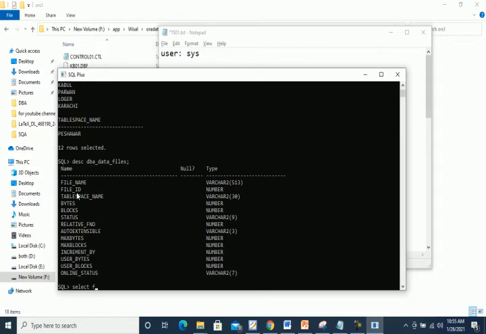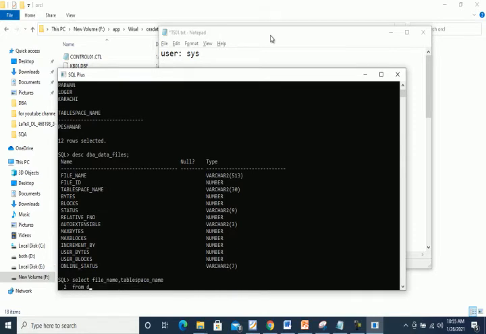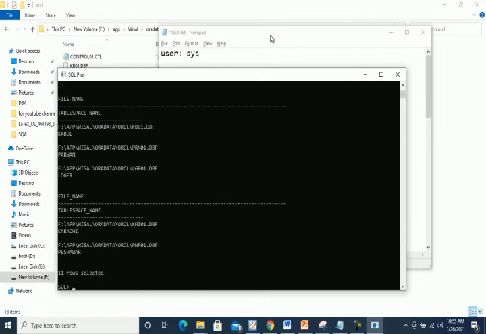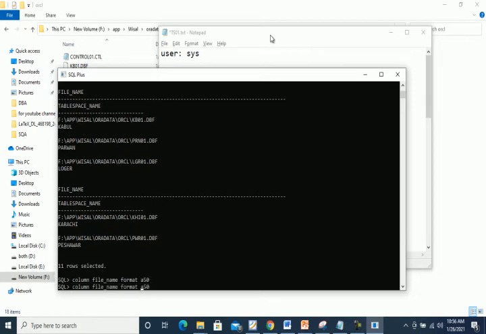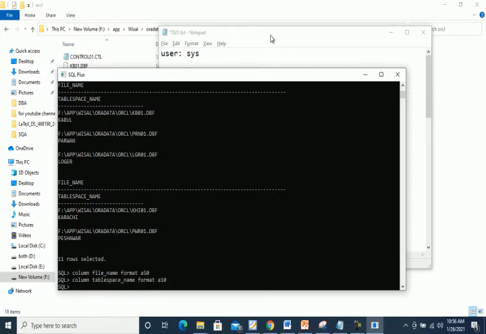So use the query: select file_name, tablespace_name from dba_data_files. Column file_name format A50, and another column, tablespace_name, format A10. So now you will be able to read it easily. Just see the output now.